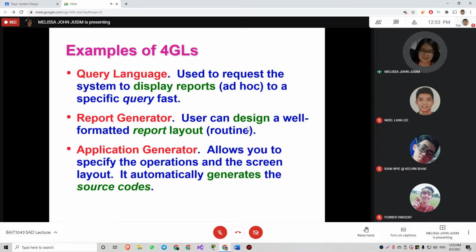And similar to report generator, the application generator is generating codes for you. This is cool, where you just specify what you want, and then the application generator will automatically generate the source code for you. I encountered this for the Java language.